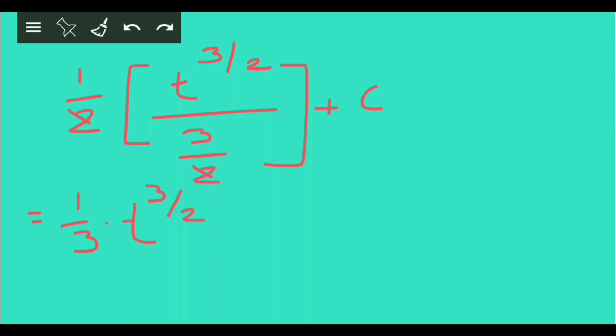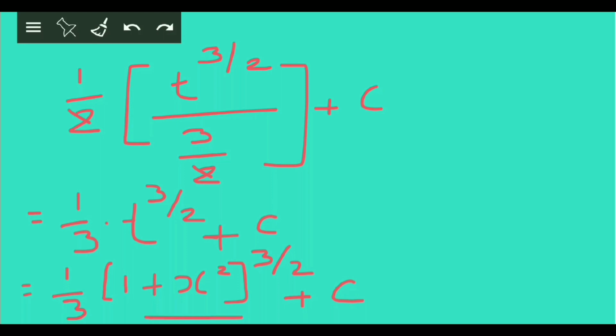Now we resubstitute. If you remember, we had taken 1 plus x square as t. So our answer becomes, of course here I forgot to write plus c. We have to mention plus c here. So finally the answer becomes 1 upon 3 after substitution. Instead of t, we can write 1 plus x square, the whole raised to 3 by 2, plus c. This becomes our answer.